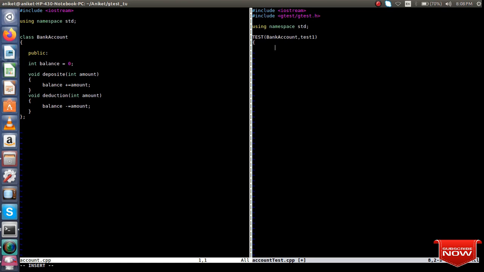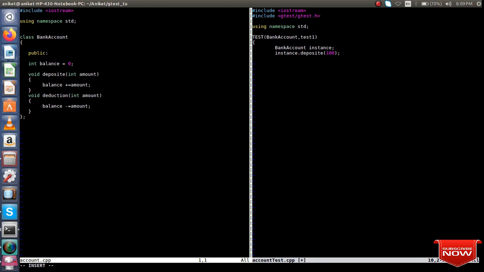So I'll create an instance of class BankAccount. Now using this instance, I'll call my deposit function, and here I'll deposit 100 rupees into the account.